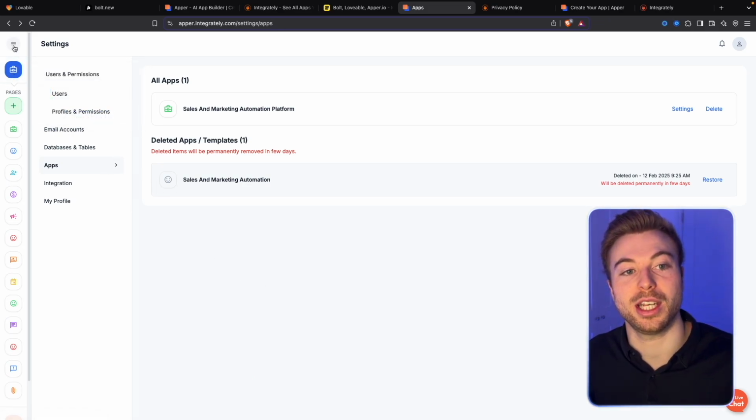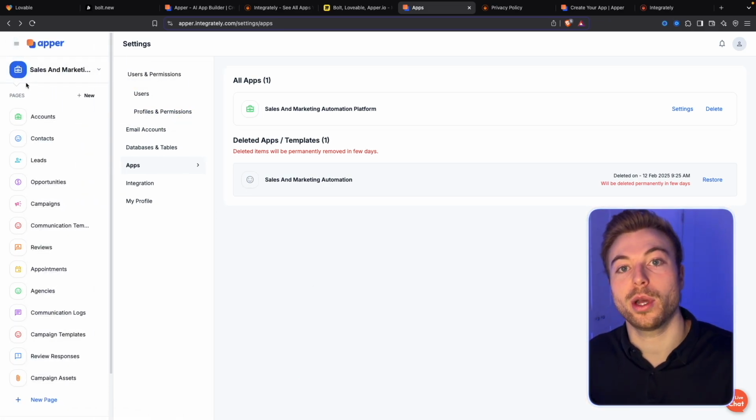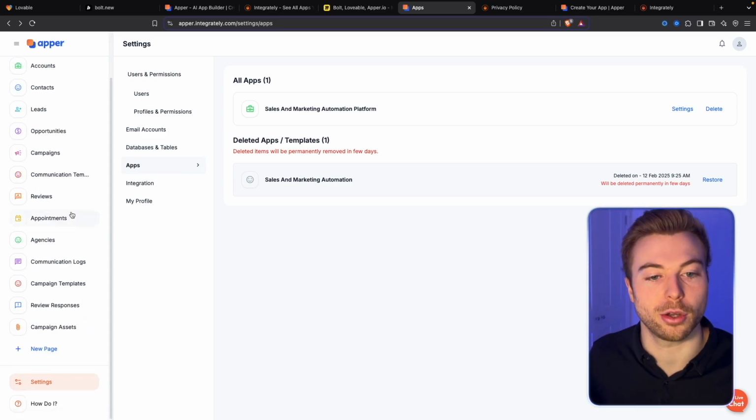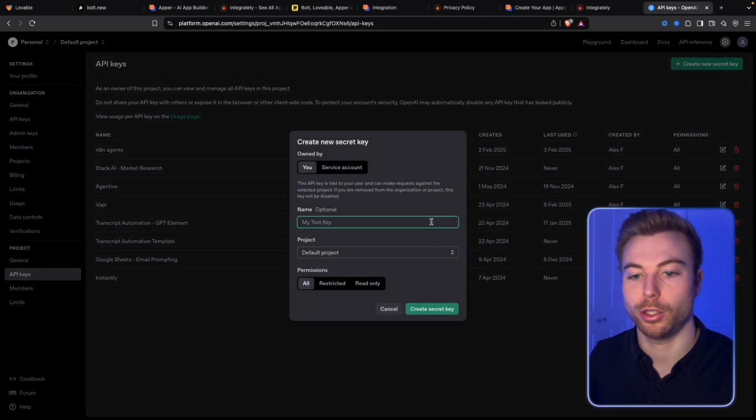Maybe you want to tailor it to each of your clients. You'd be able to do that as well. And you could be an admin and then just add them into their different sub accounts like we have in Go High Level. So we'll come into OpenAI. We'll get a new key. So we can do